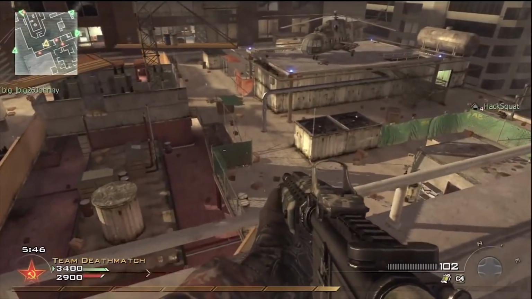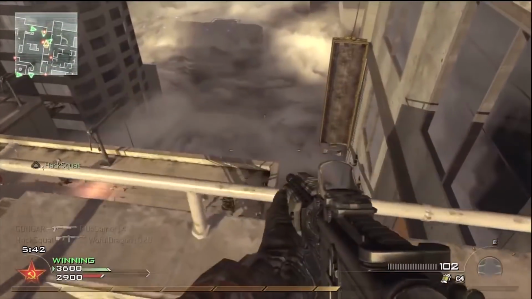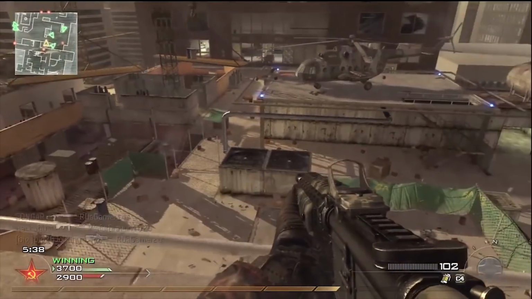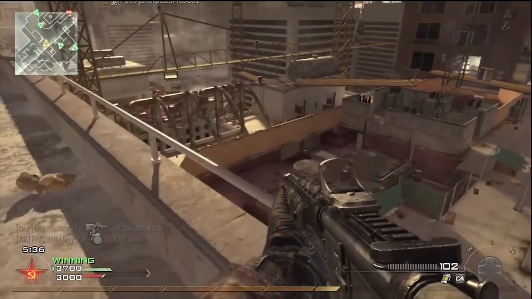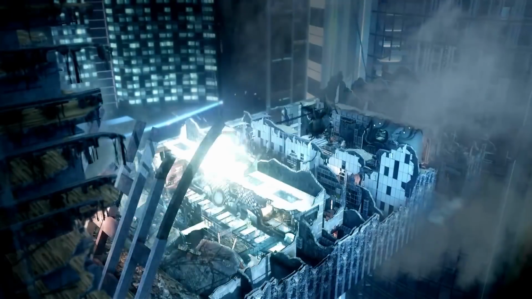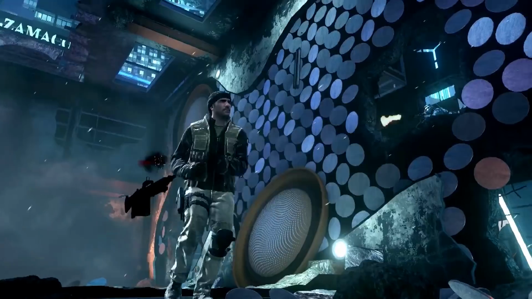It probably got scrapped for being too similar to Highrise, because there are two maps that take place above a city in buildings, and it would be a little bit redundant considering how diverse the maps were in Modern Warfare 2. However, I do have a theory that this map was brought back and repurposed in Call of Duty Ghosts